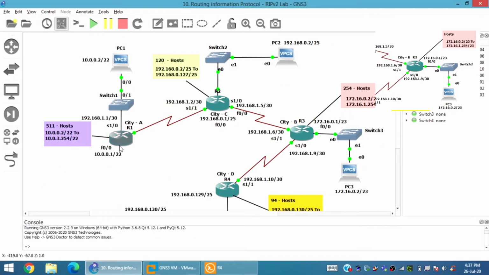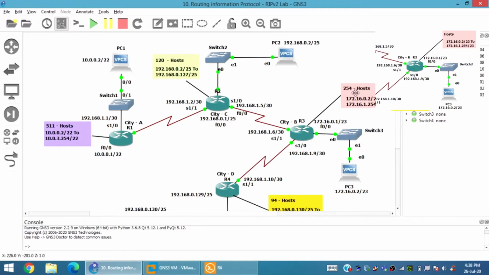With this I'm going to configure one by one the serial ports between A to C, C to B, B to C and so on and so forth. Ignore this message over here. Pardon my mistake, it's already recorded.